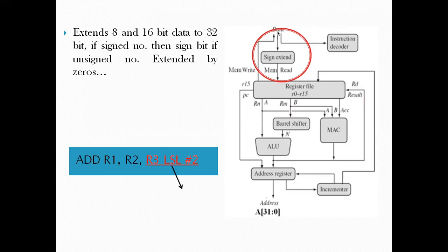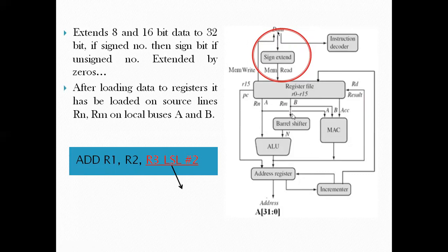Once the data we are getting from the memory is sign extended, that is made into 32 bits, it has to be loaded into the register. This comes from the load store architecture. You should remember that no processing of information in ARM7 can take place in the memory itself. You have to bring the data into the registers. So it brings that 32-bit data into the register. Each register is 32-bit and we have 16 user registers available to us. From the registers, this data has to be shifted to the execution unit.